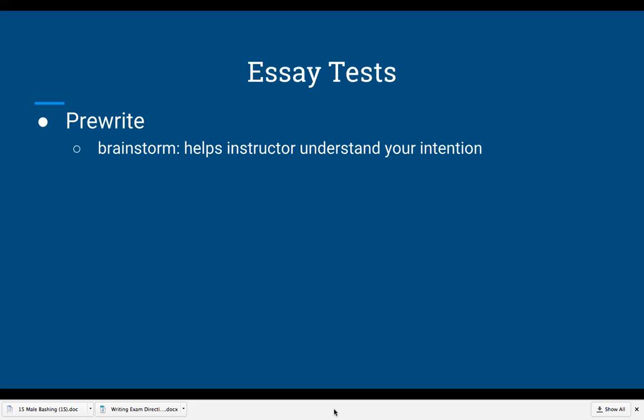create and respond to. A thesis, or a claim, it's also called a claim, is an argumentative statement in that it's a complicated statement. It needs evidence for it to be proven. Okay, so